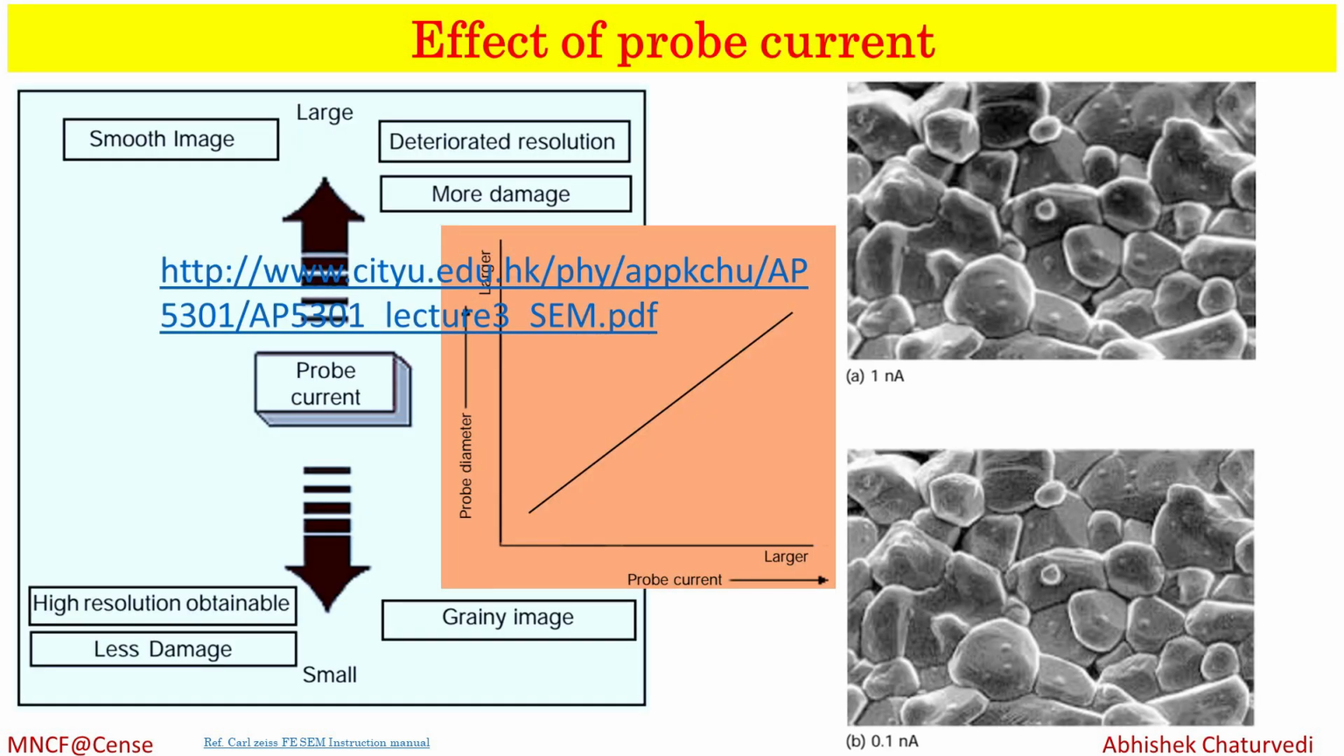Okay, now the effect of probe current. If you increase the probe current, what is going to happen? If you have a large probe current, you can have a smooth image. But if the sample is a charging sample or an insulator, there will be beam damage to your sample,